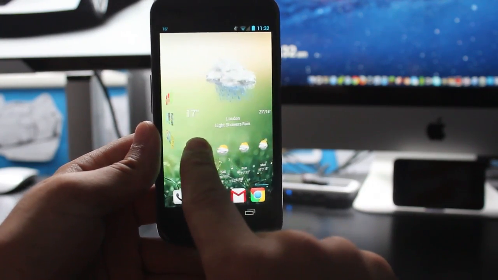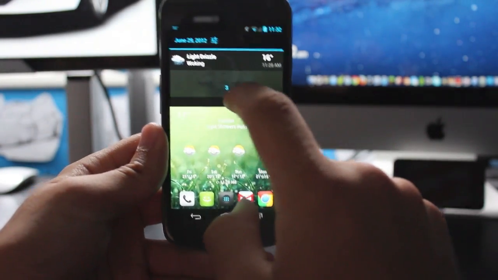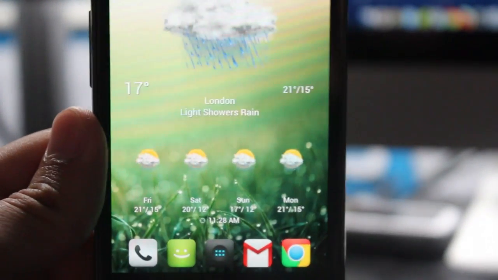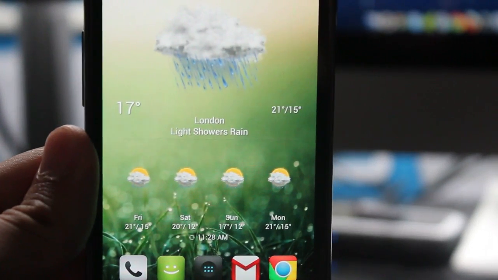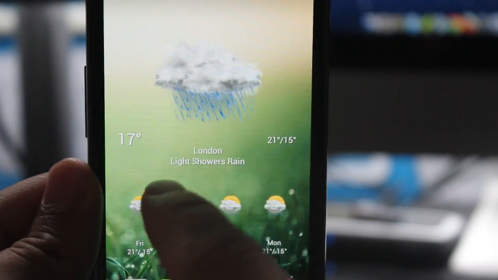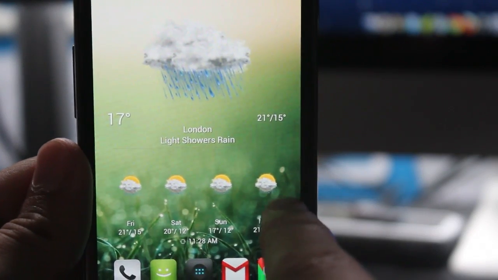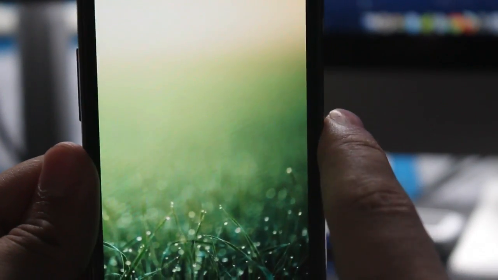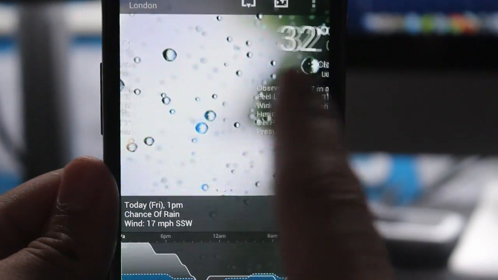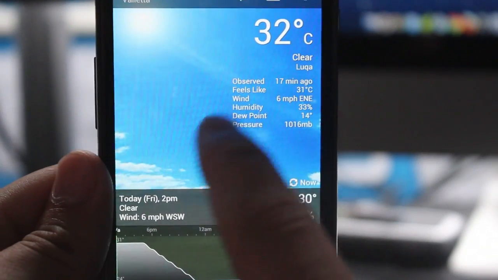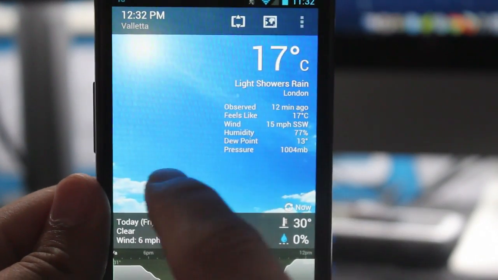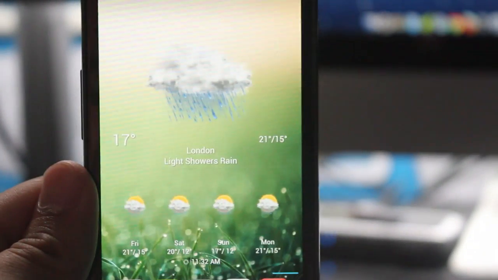And to the very right, as I said before, is the widget for Weather Pro. Actually, it looks really nice. If you max out the widget so it takes up the whole screen, you've got the weather animation at the top. You've got the days of the week at the bottom, and what's better is if you actually access the application, you get different weather animations, as in rain. This is where I was in Malta for a bit, and the weather there is very, very nice. But yeah, so if I close out of that,